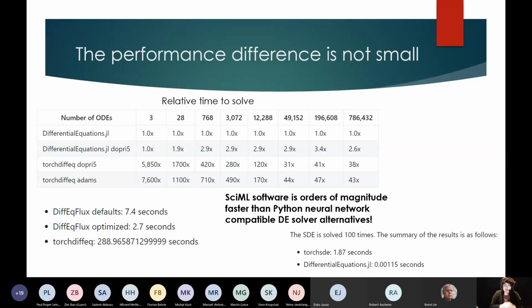But even if you do a timing on an ODE system of 3 ODEs, so the Lorenz equation, the Pleiades N-body equation, some reaction diffusion discretizations, right? So if you look at ODEs from 3 to 700 or 800,000, you see that the closest it gets is that DifferentialEquations.jl is only 31 times faster than the torchdiffeq library. But in the worst case scenarios, it ends up being that DifferentialEquations.jl is 6,000 or 8,000 times faster than